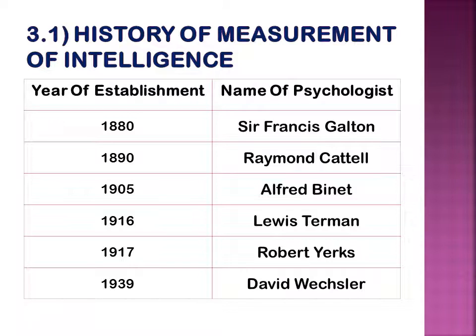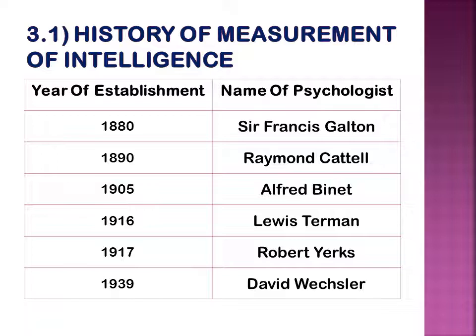History of measurement of intelligence. A number of psychologists have contributed to the measurement of intelligence, but it was first started by scientists. This work of measurement was carried out first in 1880 by Sir Francis Galton, next in 1890 by Raymond Cattell,